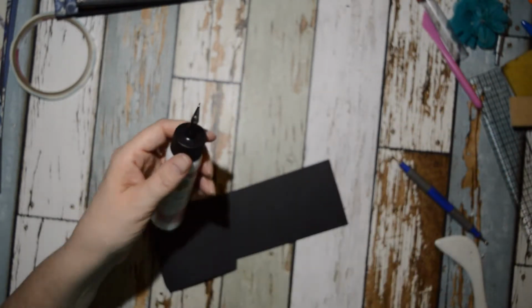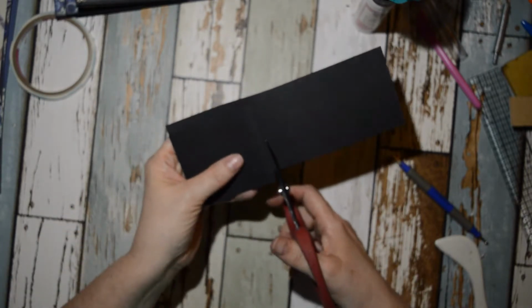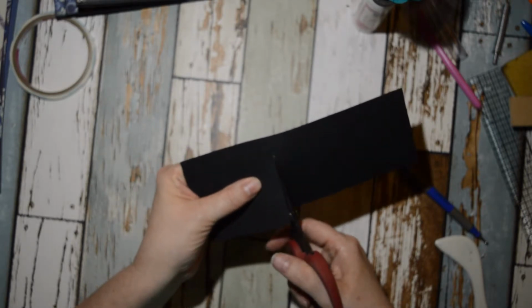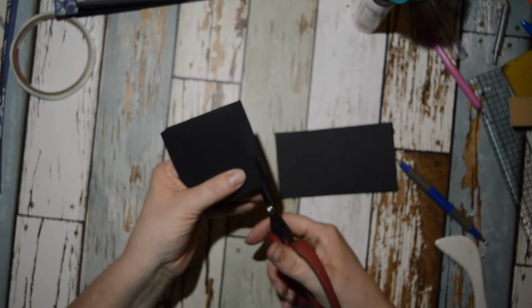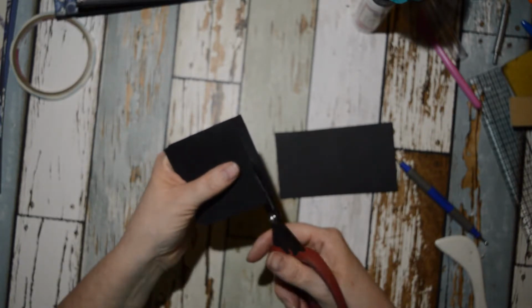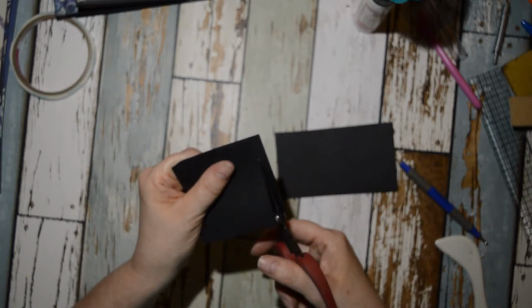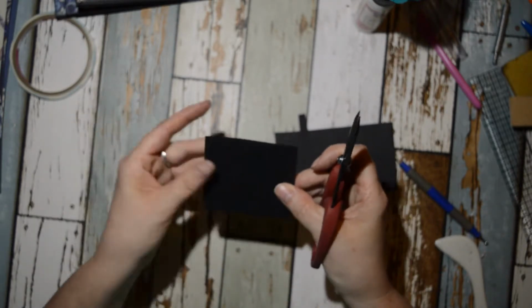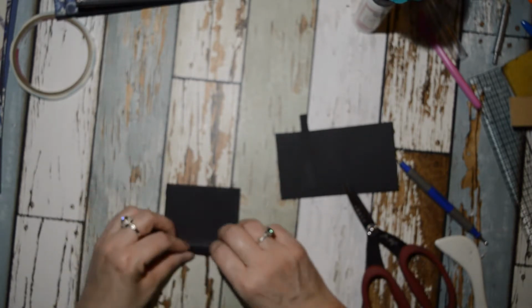And since this is drying so fast tonight, got to close that up. Now we're going to trim around it. So I'm just using my scissors and I'm angling them under just a little bit. Then we're going to trim across the top. A little bit more careful here. So now that we have that folded,